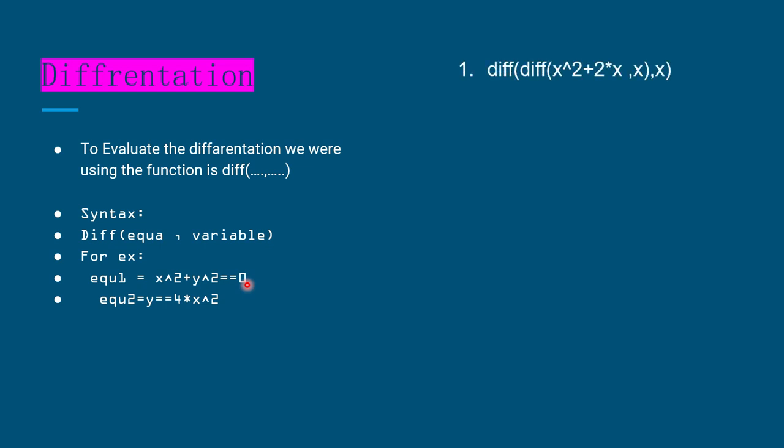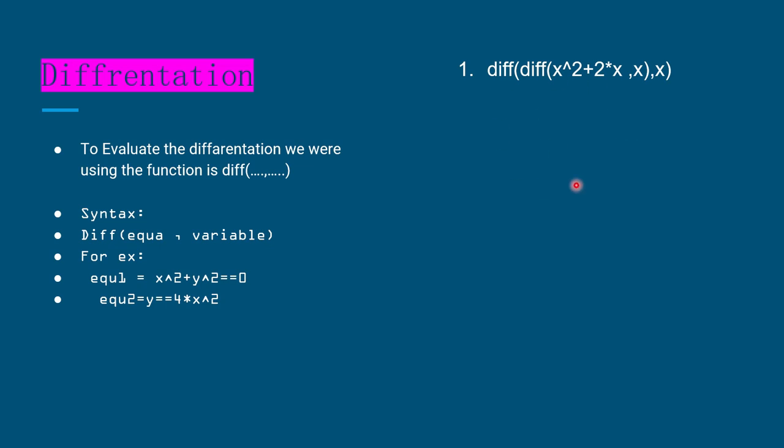So in this way. Next, if you want to perform two times differentiation, then here I am writing diff of x square plus 2x. This equation I am going to differentiate with respect to x, then I am going to get 2x plus 2. Again I perform the differentiation of 2x plus 2, then I get 2. Differentiation of a constant is 0, and 2 into x goes to 2. So the differentiation of x square plus 2x performed two times gives the value 2.